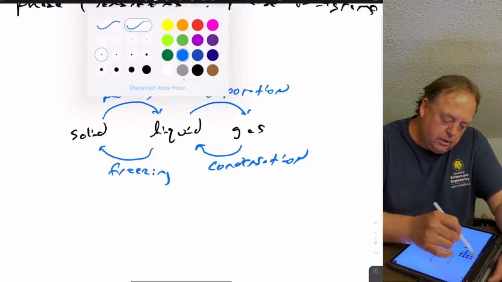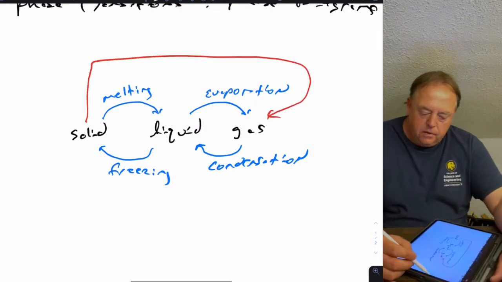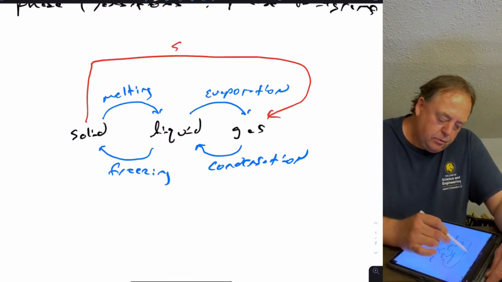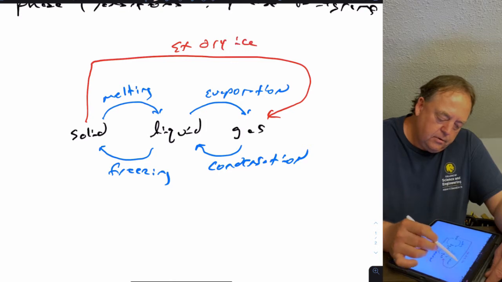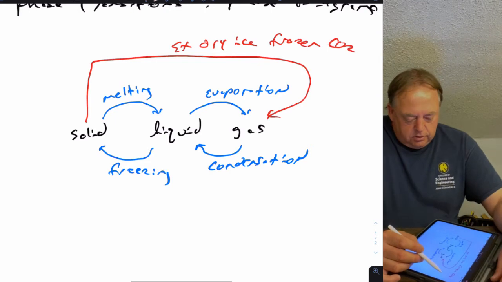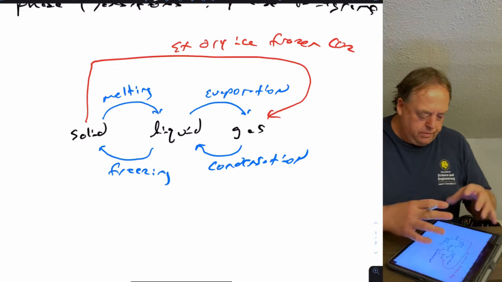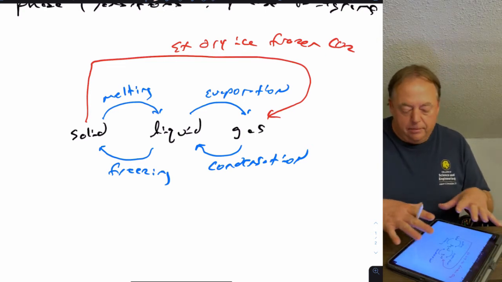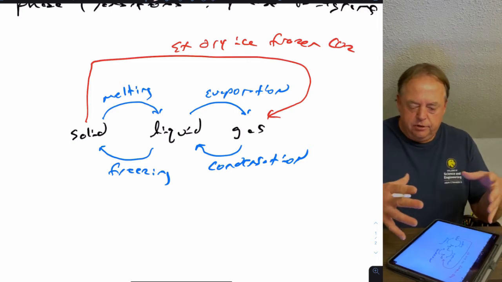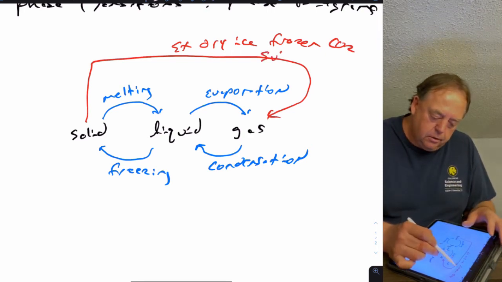And then there are two more possibilities. You could go directly from the solid to the gas phase. So what would that be called? Maybe you know an example: dry ice. What is dry ice? It's frozen carbon dioxide. If you leave a block of it on a table and come back a few hours later, there won't be a puddle of liquid around, because frozen CO2 goes directly from the solid to the gas phase, so that block of CO2 would just be smaller. And that process is called